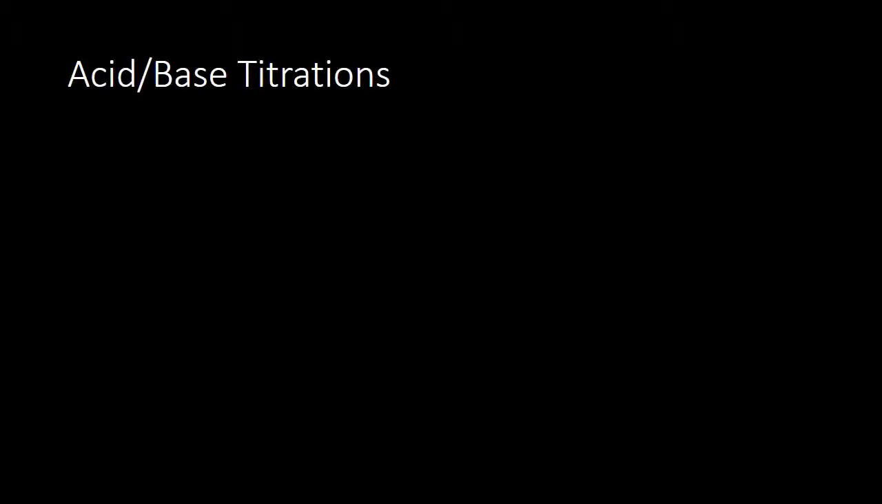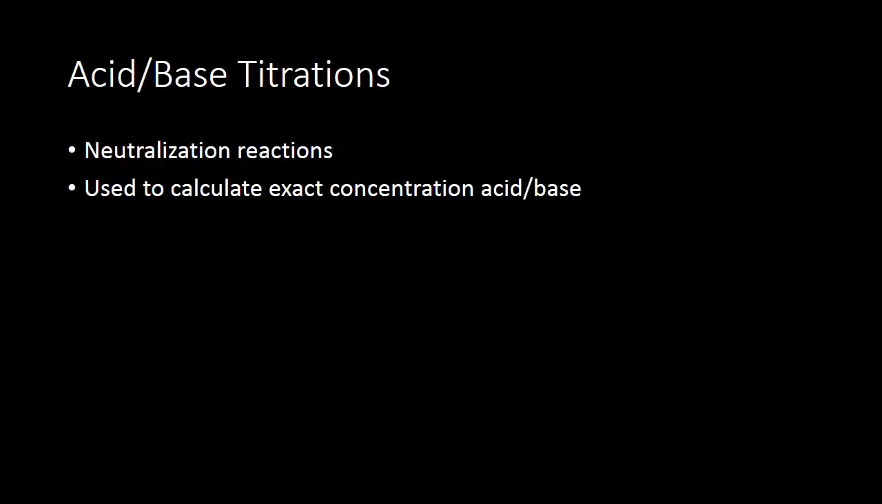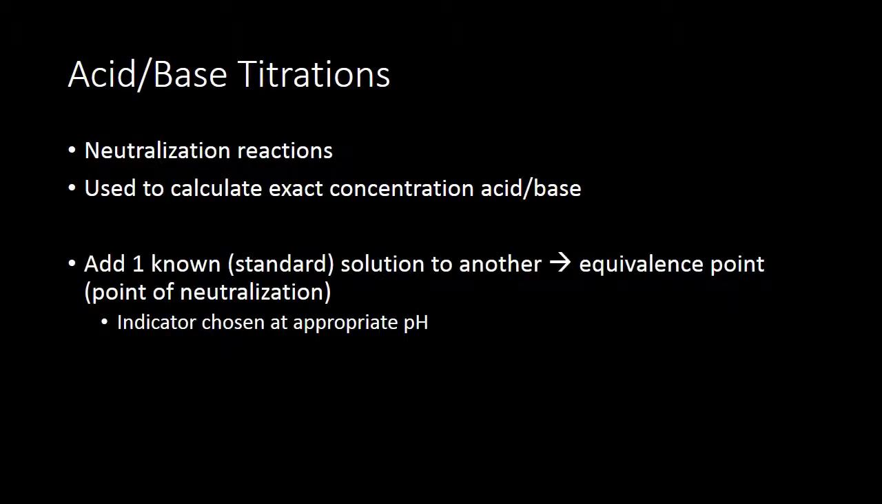Lastly, where we use indicators are in acid-base titrations. And we run an acid-base titration for a neutralization reaction. So what happens is we use the titration to calculate the exact concentration of an acid or base to the best of our ability. You have to be really good at seeing that color change exactly when it's supposed to happen so you don't overestimate how much indicator you had to use. So you add a known standard solution to another unknown